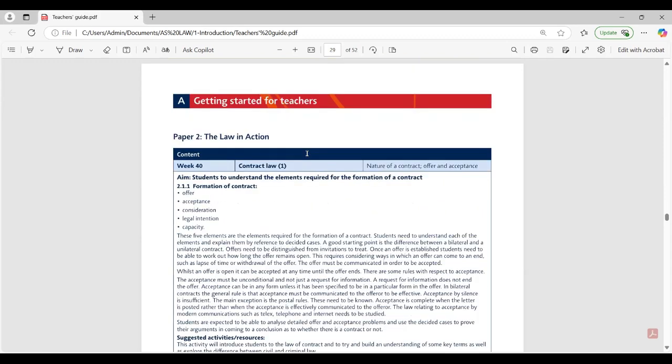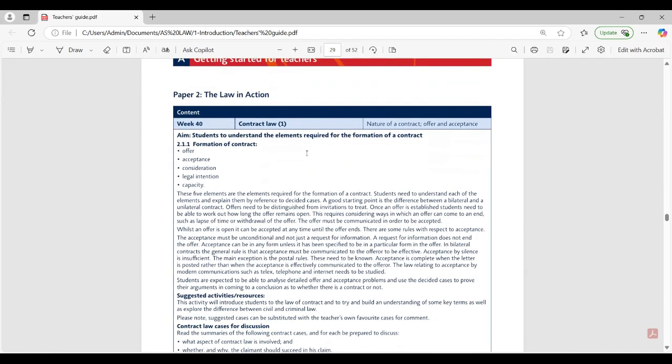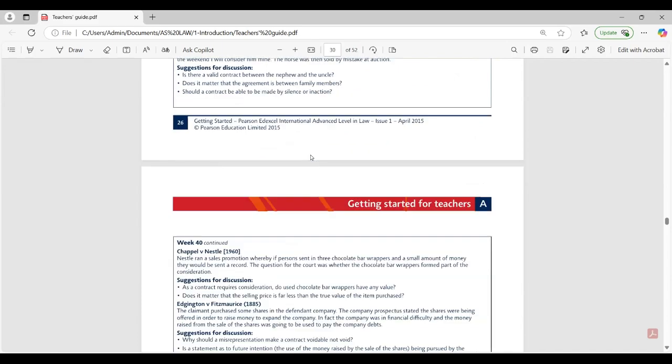So under paper 2, firstly, we have contract law, under which you have to learn the formation of a valid contract. There are 5 main elements that you have to satisfy, namely offer, acceptance, consideration, legal intention, and capacity. So you have to learn about each of these factors in detail. And next,